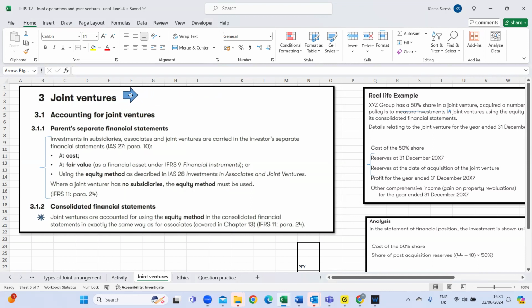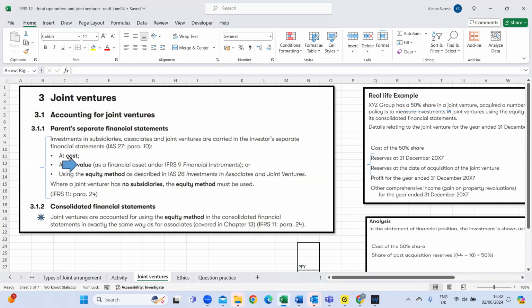So if you are the parent company and you have invested in a joint venture, setting up a separate business together with someone else, then in your own separate financial statements, you have